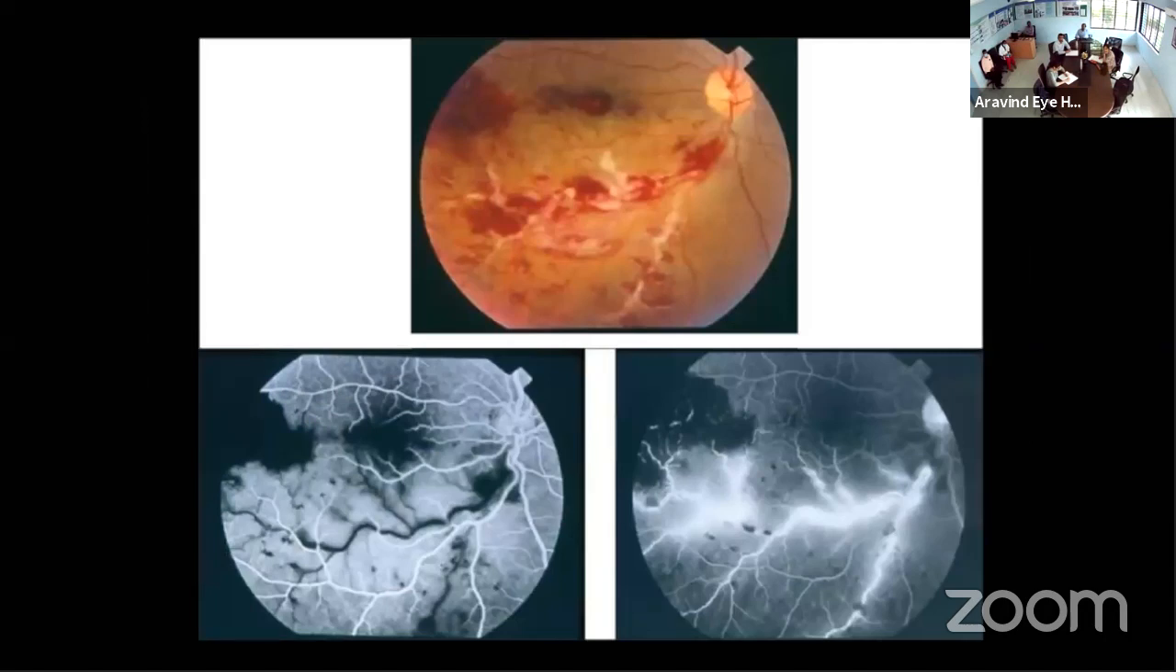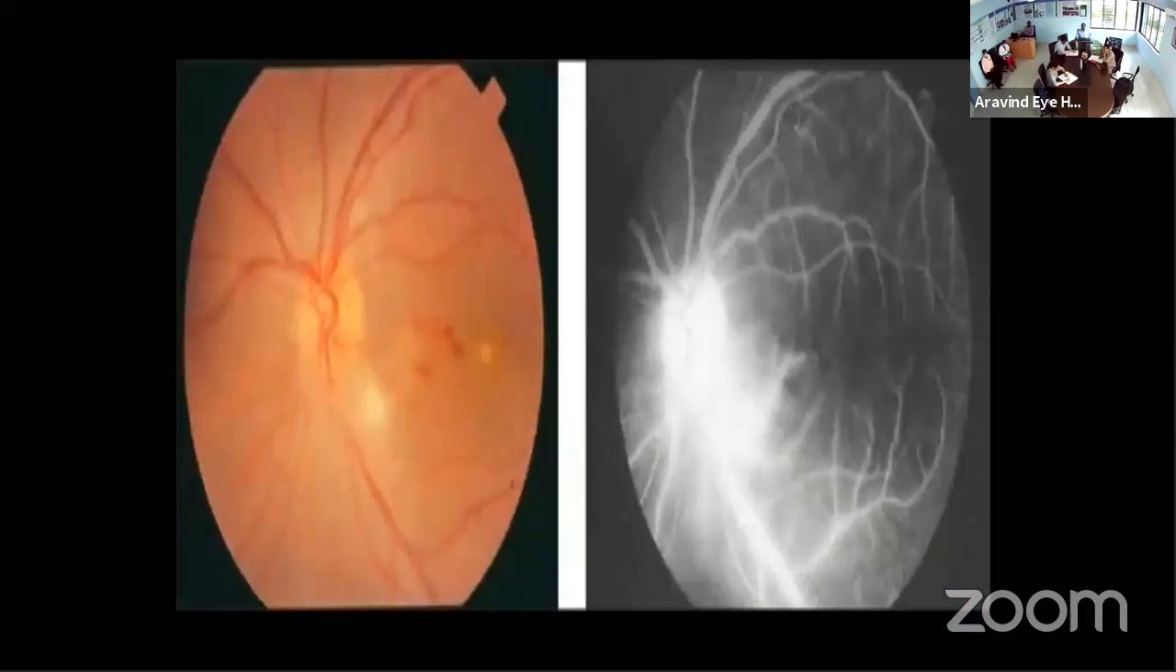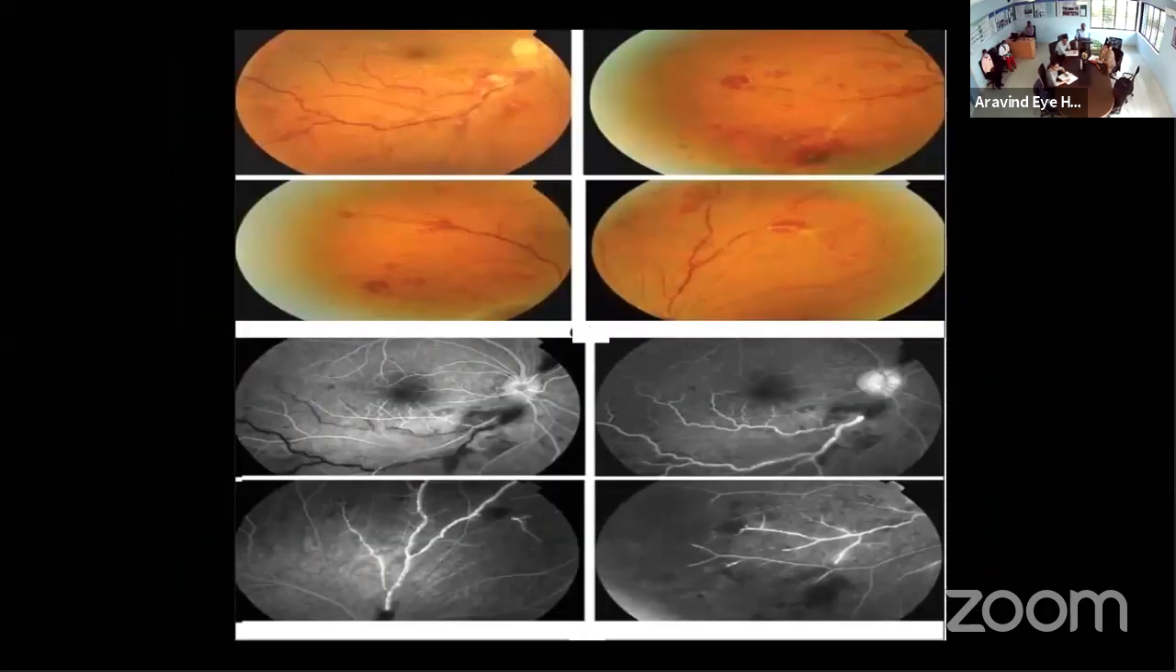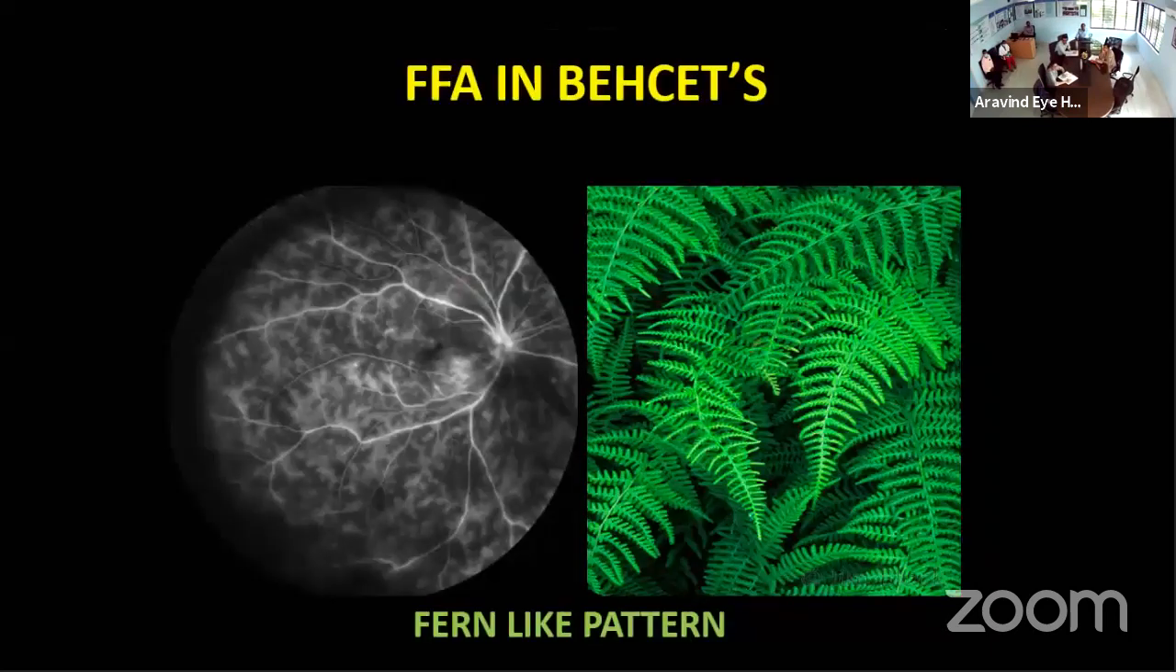So again, these are the peripheral manifestations. You need to see a lot of ischemia, hemorrhage, neovascularization. Again, Behcet's you need to keep in your mind as whether you are dealing with this. Again, there is a lot of neovascularization on the disc along with retinitis close to the disc. Again, we'll all keep Behcet's high on the list. These are the other pictures. And the most important thing I want you to